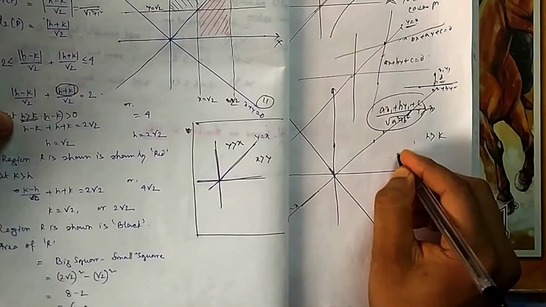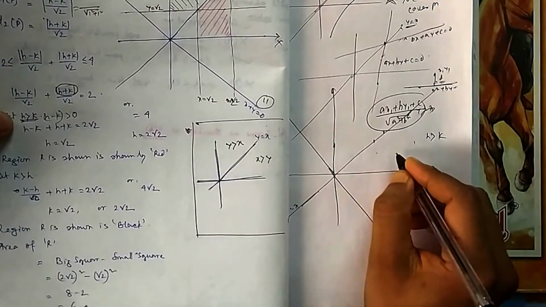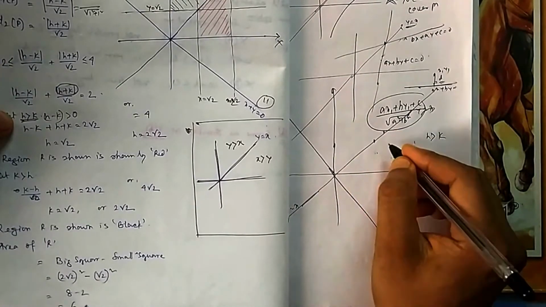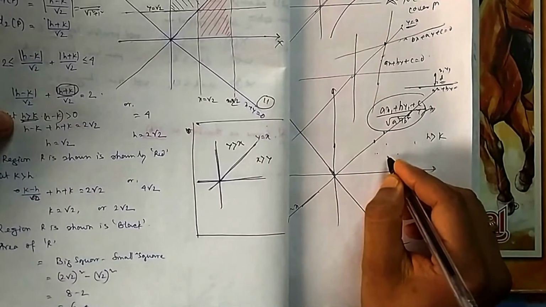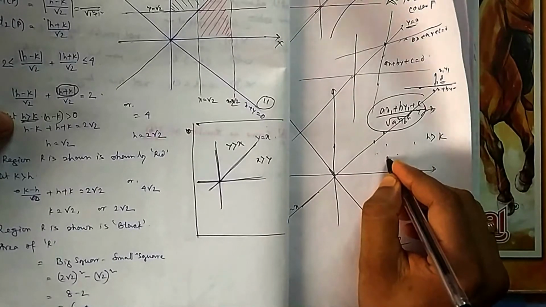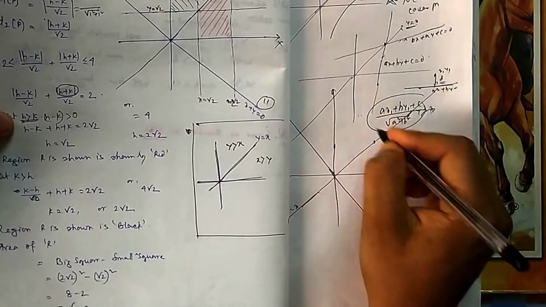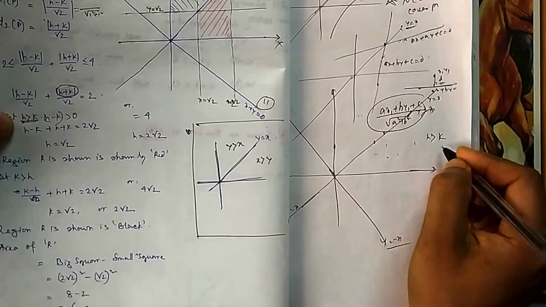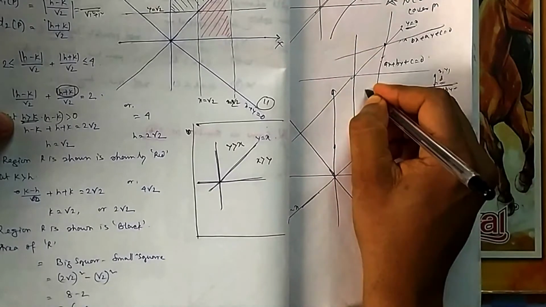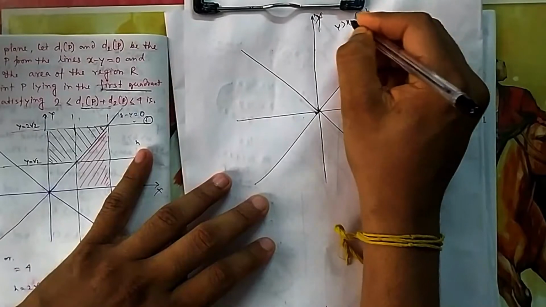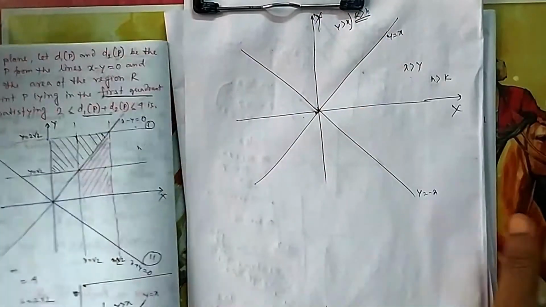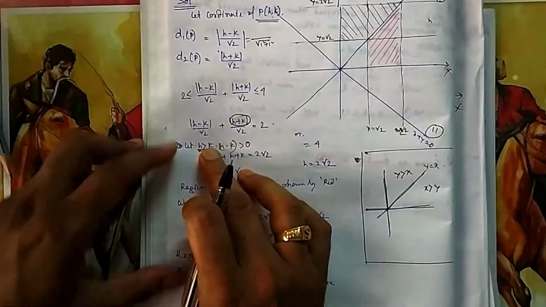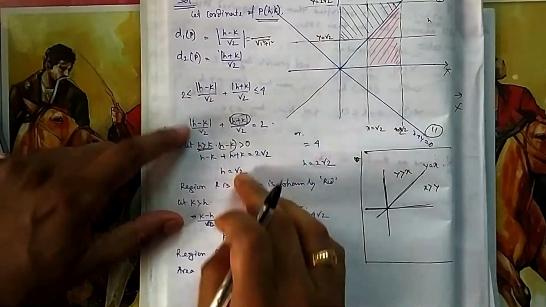Because if you take any position here, it will be 2 comma 1, because 2 comma 2 is here, so this position will be 2 comma 1. 3 comma 3 here, so this position will be 3 comma 2, 3 comma 1. You see all these points here, the x coordinate is greater than y, and if you move here, y will be greater. Here x and y are equal. Here x is greater than y, and in this zone y is greater than x. So if I am talking about this zone, h is greater than k, there is no need of this mod, because this is positive.